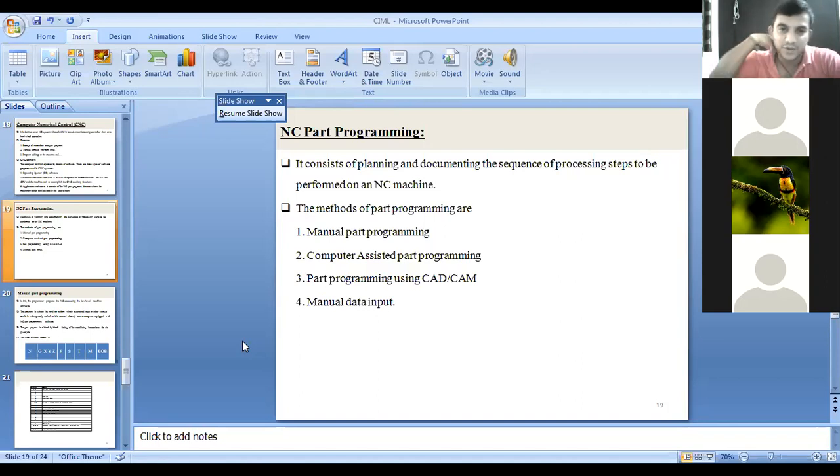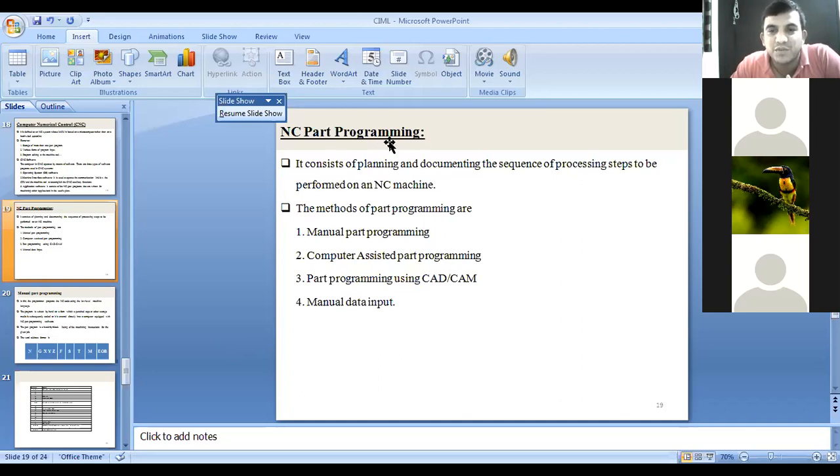Thank you. Now you can see the basic three elements in a numerical control machine. One is the program, second is the machine control unit, and third is the processing equipment or machine. First, we concentrate only on programming, that is NC part programming.